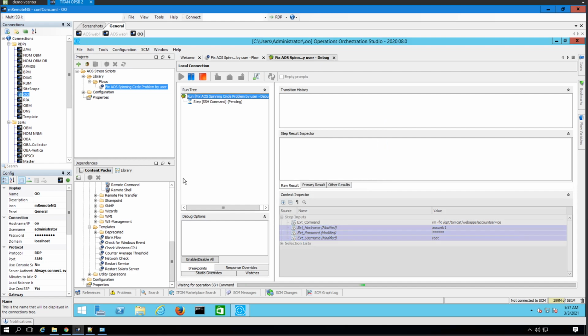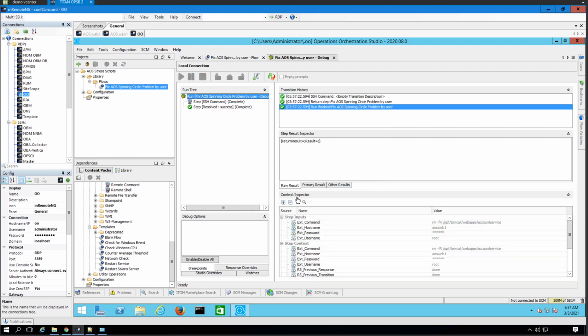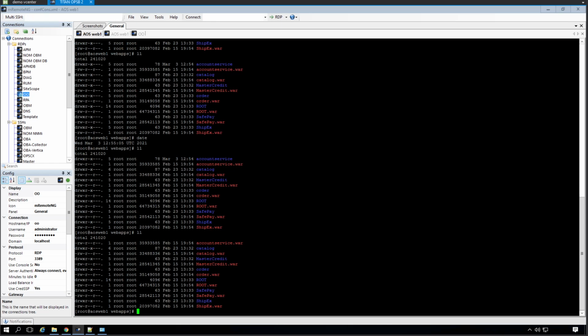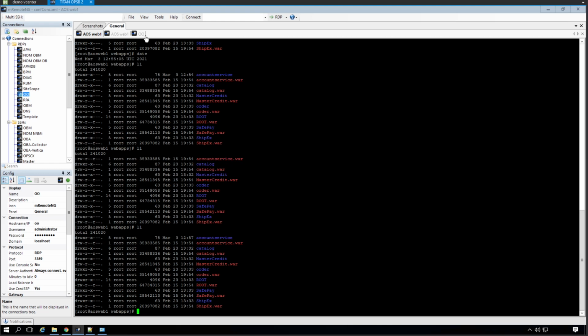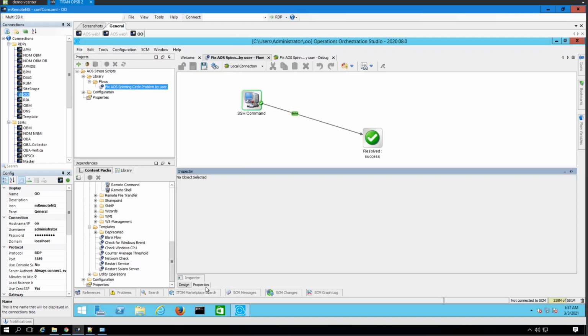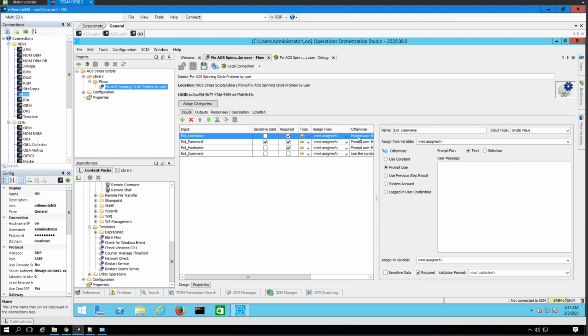True. Continue. All right. And yeah, now we know that it deleted it. Then it's just too fast. Okay, fantastic. So before we say that this thing is done, we'll go to main details and prompt user, but